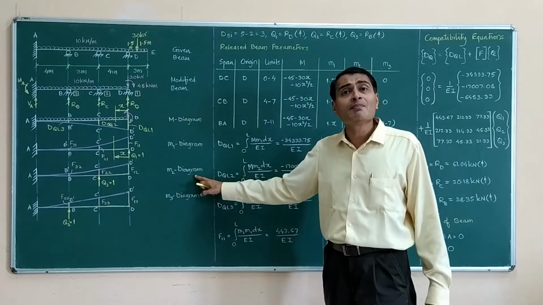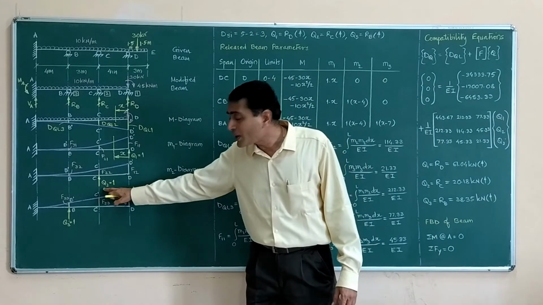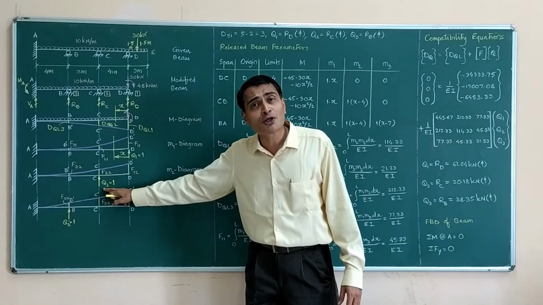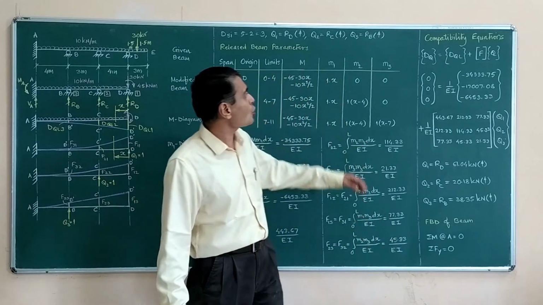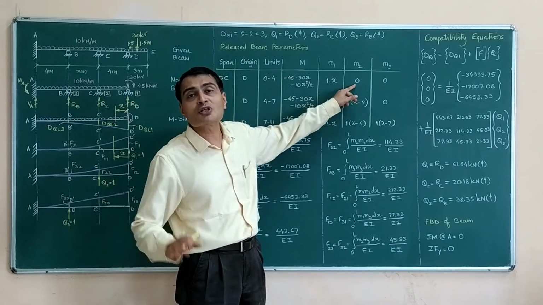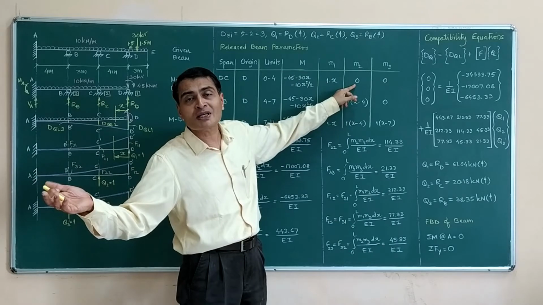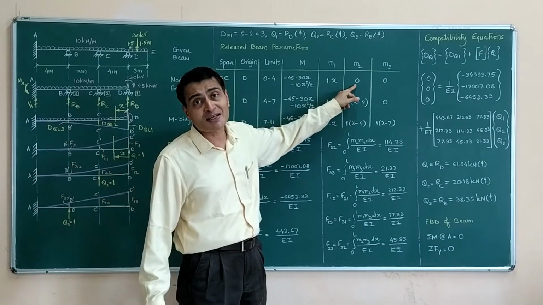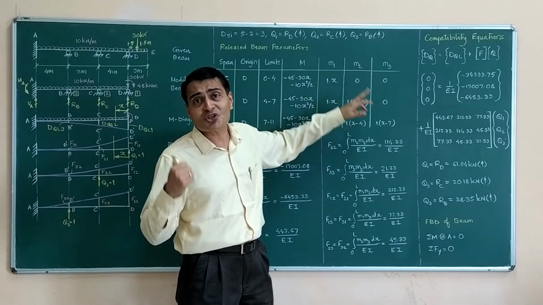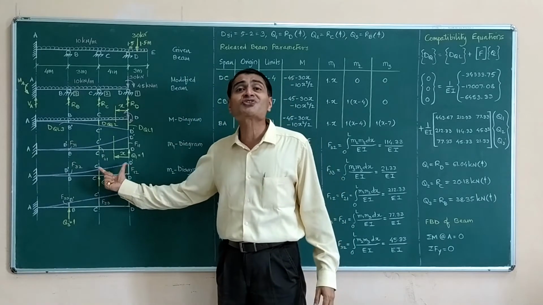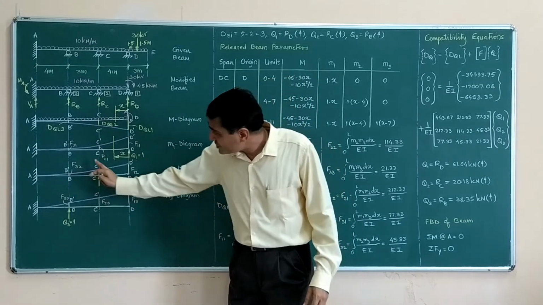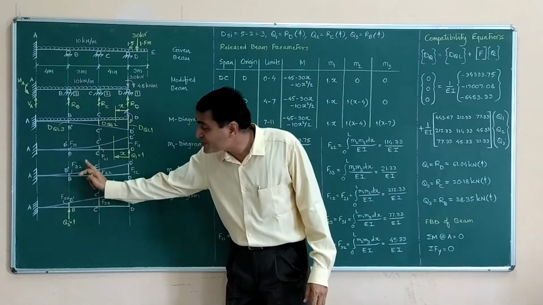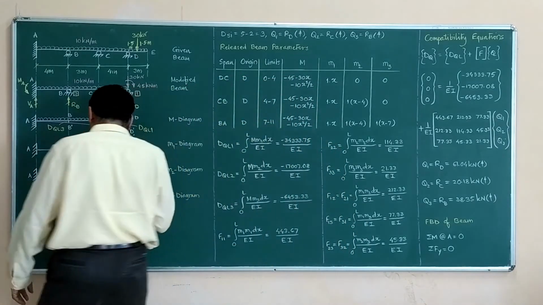Now we start with the M2 diagram. This is the load applied, unit value of redundant Q2 applied. When I consider section CD, there is not going to be any bending moment because there is no load on the right side or in span CD at all. So I am writing 0, and this we discussed earlier, that this portion is a straight line, it is not bent at all. Then I consider a section in span CB, that is, the section is here.